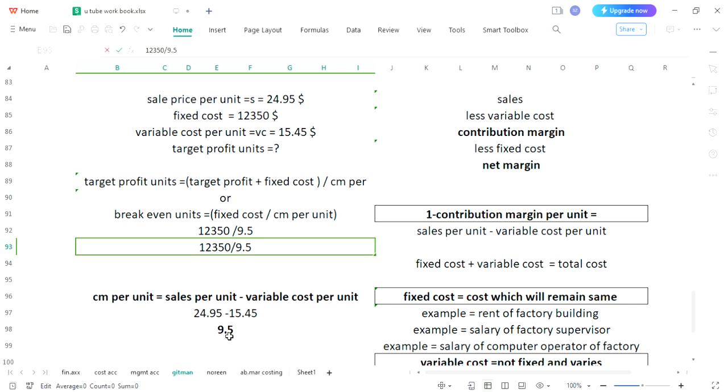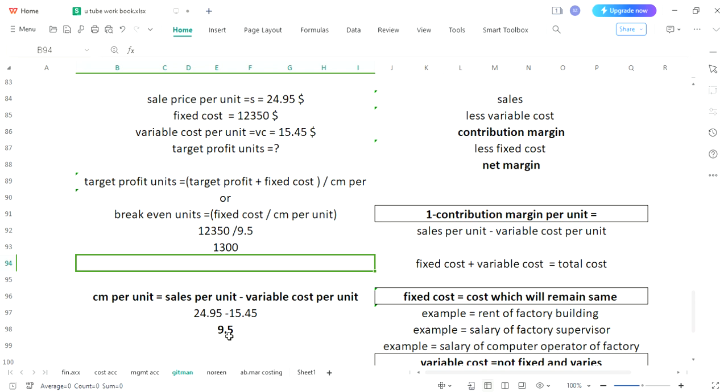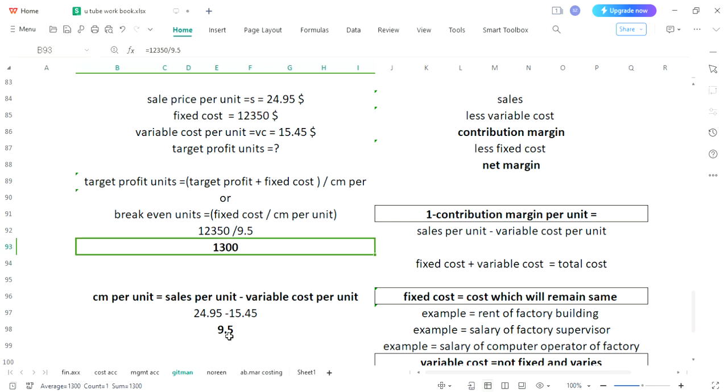So here we have our answer, 1300 break even units. With which, what will happen? You will get your break even point, and break even point we have discussed is the point where there is no profit,